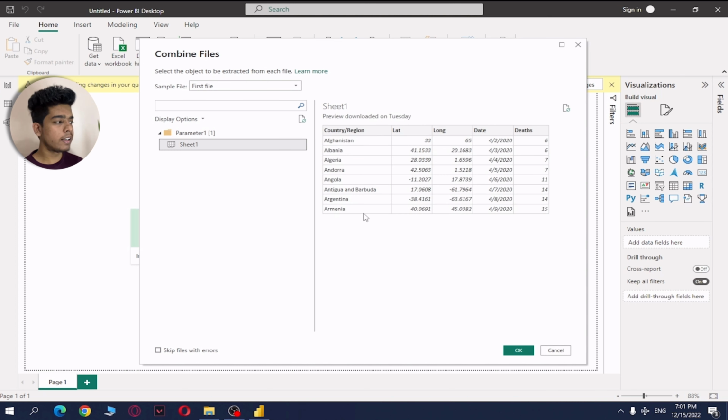This sheet contains one Excel file, and there is one thing you need to take care of. Column names need to be the same for each and every Excel file. That's the way Power BI is going to combine those files into one single file, right? So this one sheet has this data, and the other 3 files have the same column names with the data, right? So with the same data that is going to be combined, otherwise it will cause an error. So just click on that and click on OK.